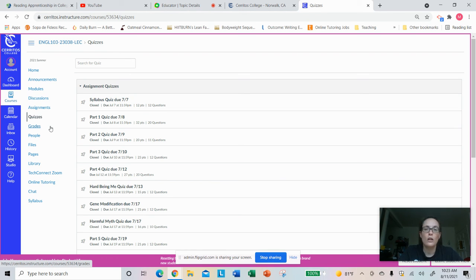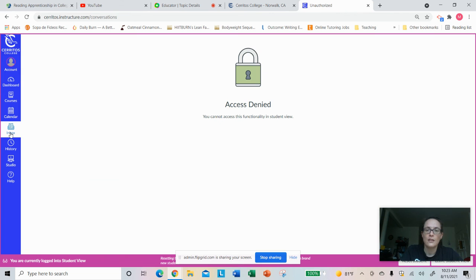And always, if you want to email me and you can't remember my email address, go here to the left for inbox. Oh, okay, sorry about that. Inbox, and then you'll just click on that plus sign, the make a new message sign, and then you click down and you can find our class, and then you can find our name. All right,